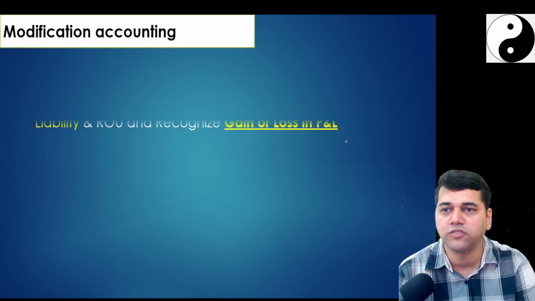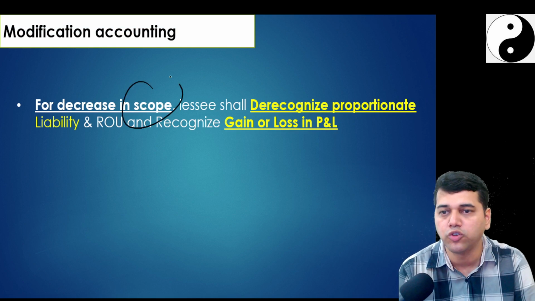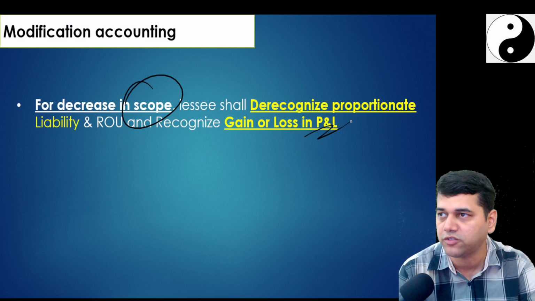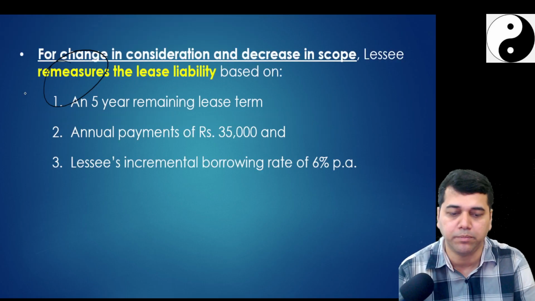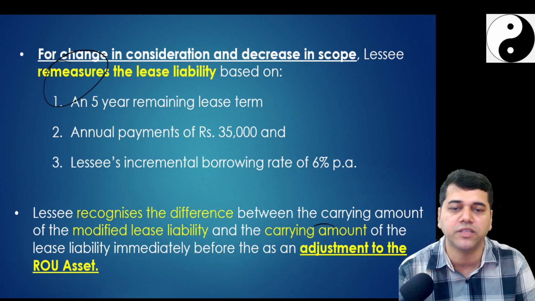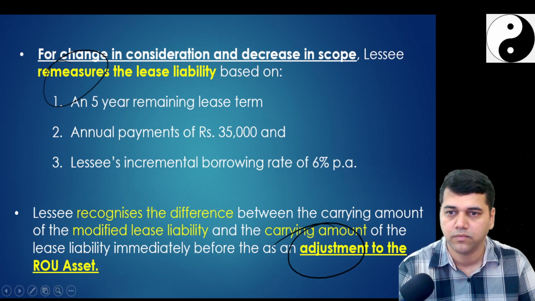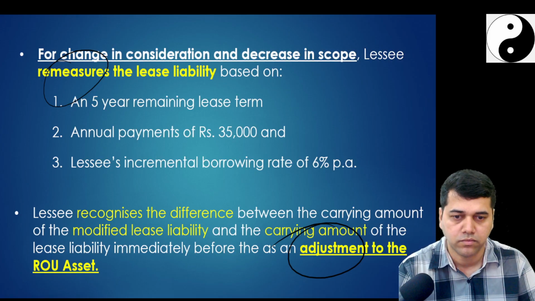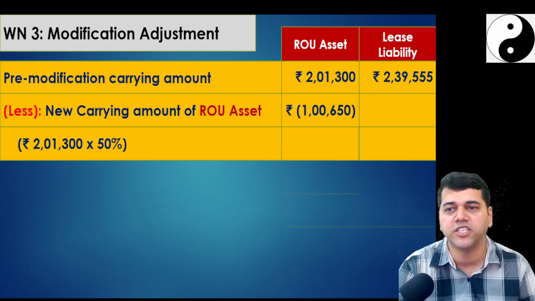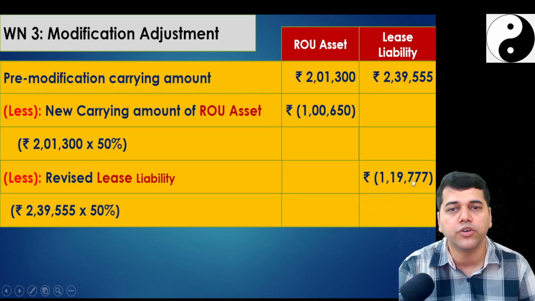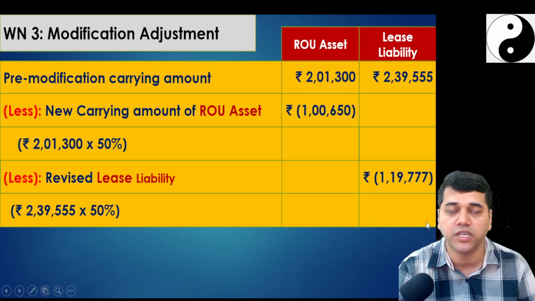Now the modification is going to happen. So we'll write, scope is going to change. P&L effect is going to come. And for the consideration, only remeasurement is going to happen. And the difference will be adjusted with the ROU asset. Modification adjustment. So I'm going to reduce the proportionate ROU asset and I'm going to reduce the proportionate lease liability also